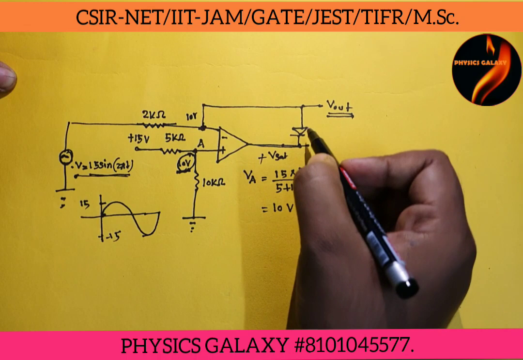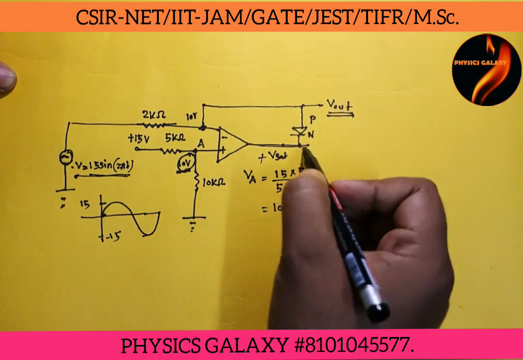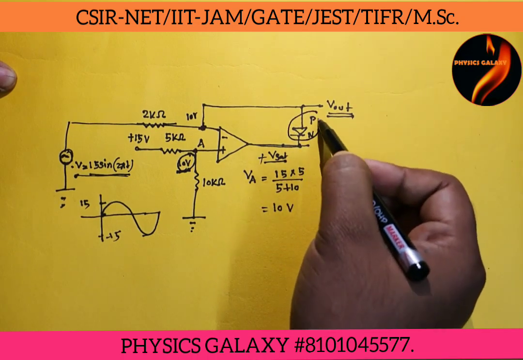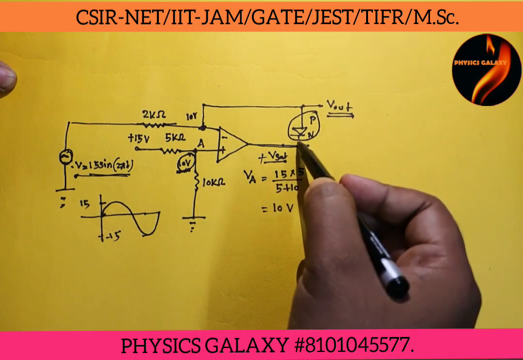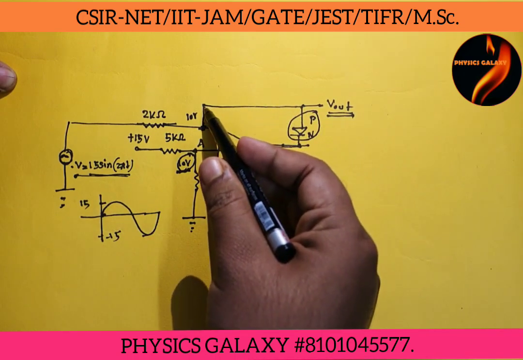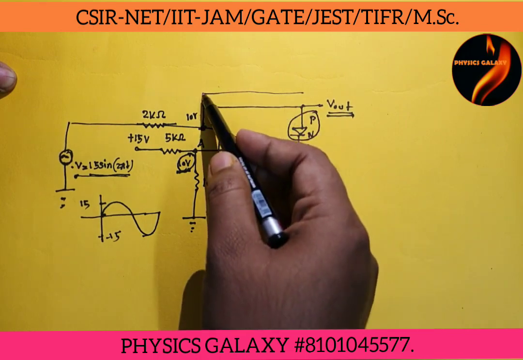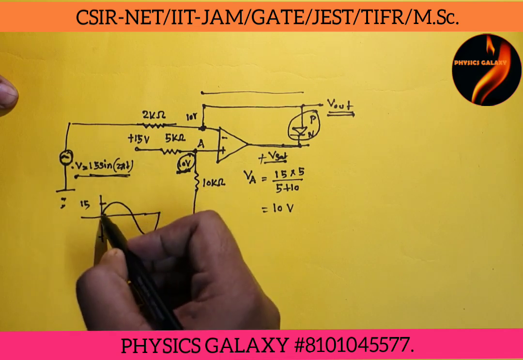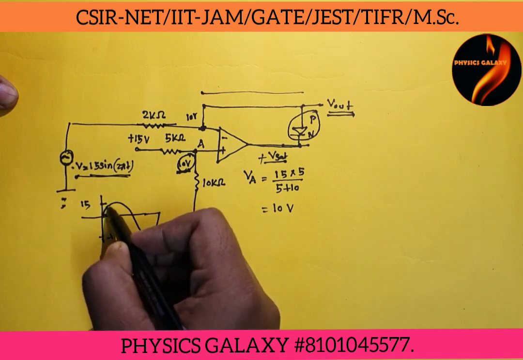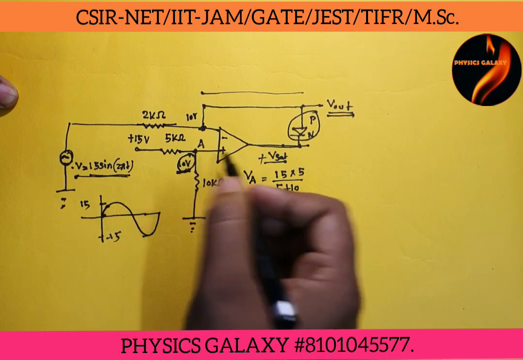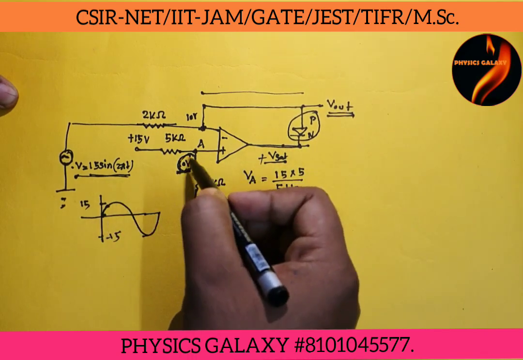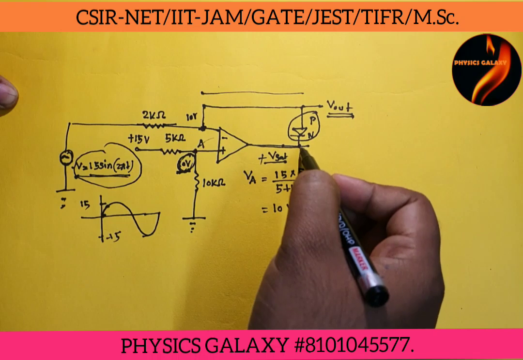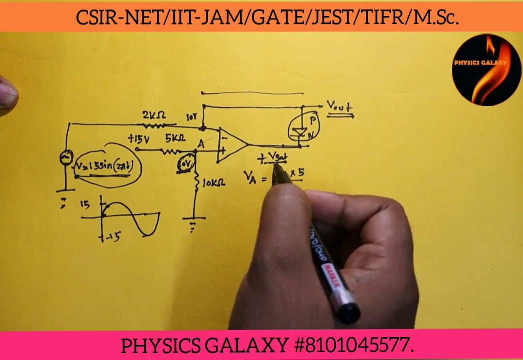So the diode here, this is the P terminal and this is the N terminal. As the N terminal potential is positive, this diode will not act in this condition. So the feedback circuit will not be acted in this condition. So let us apply another condition. When the input voltage is increasing, suppose it is less than 10 volt, as 10 volt is greater than the voltage applied in this terminal, the potential here will always be V saturation voltage.